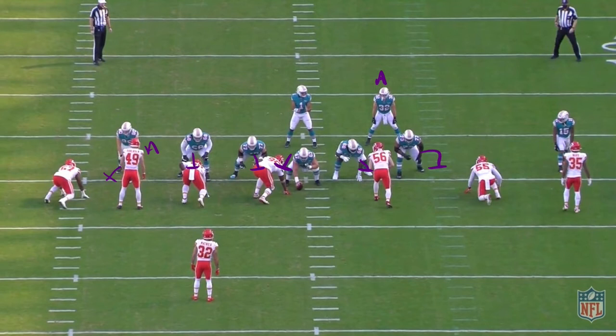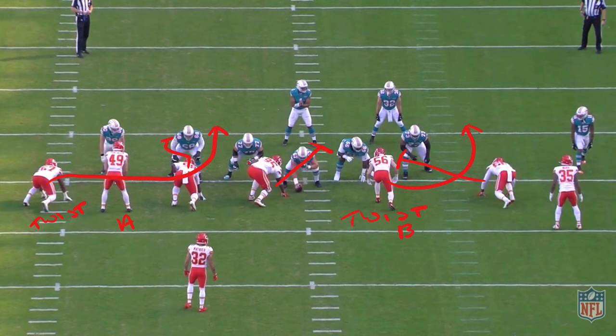But that's where Laird will be looking in terms of pass pro, because he'll know the scheme that the Dolphins are about to run. To make matters worse, the Chiefs picked this time to run a twist. A twist is what we call a defensive stunt, which is designed to open up gaps for defenders to run through. If we look at twist A first,